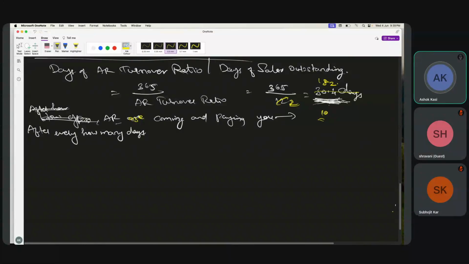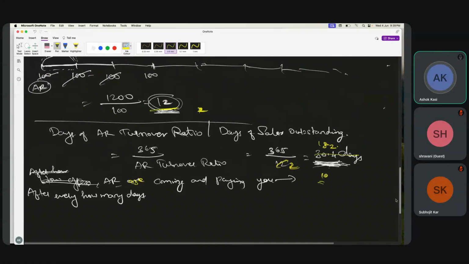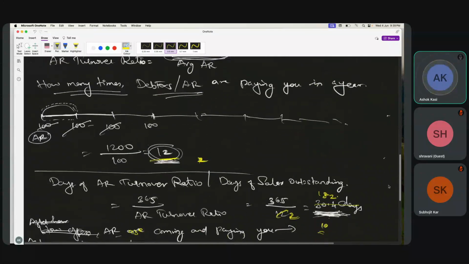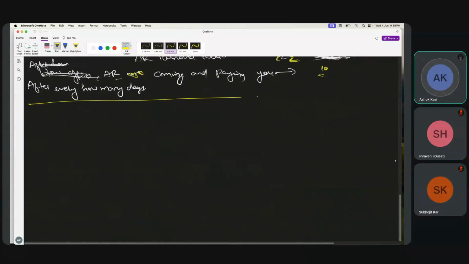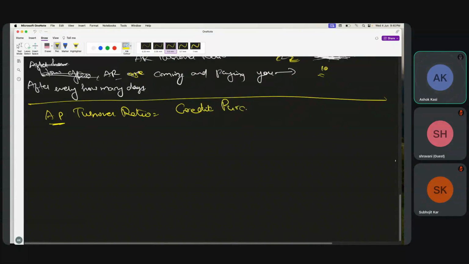Okay, this is fine. So this is accounts receivable. Same way I can write for accounts payable. So accounts payable turnover ratio. The formula: accounts payable is related to what? Credit purchase divided by